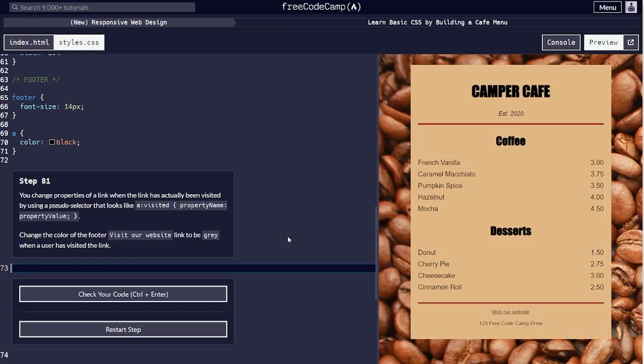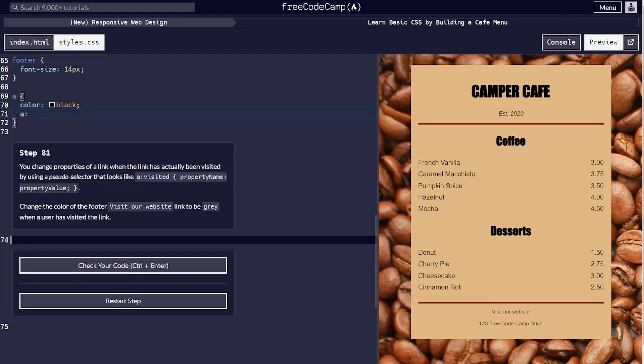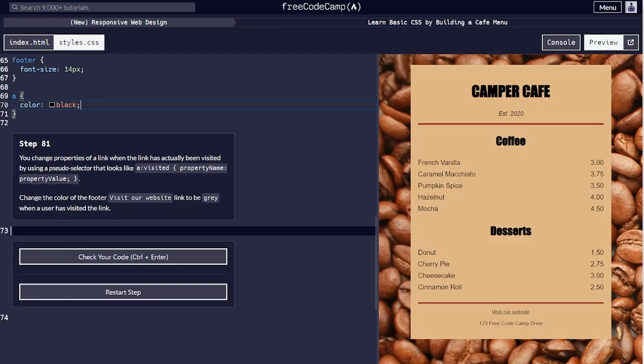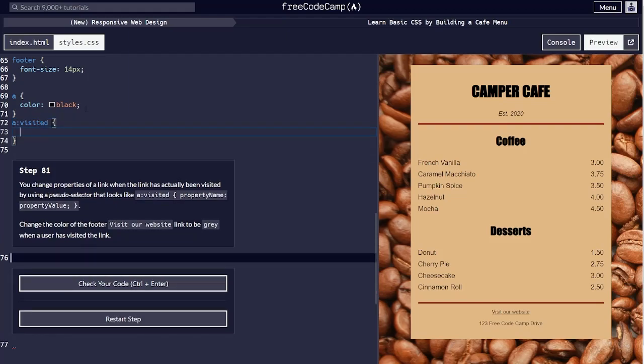You change properties of a link when the link has actually been visited by using a pseudo selector that looks like a visited, property name, property value. Change the color of the footer, visit our website link to be gray whenever a user has visited. So we're going to use a, well, alright, so a visited is going to be